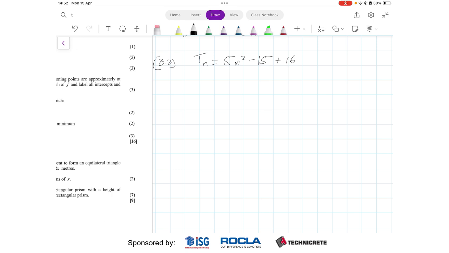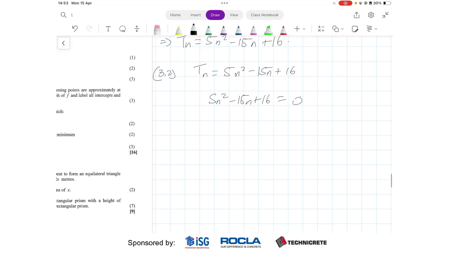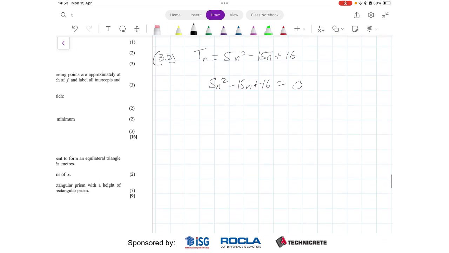Now what we're going to do is take 5n squared minus 15n plus 16 and equate this to 0, right? Sorry, we do not equate to 0, but rather we equate to 216. When we transpose the 216 to this side, we will find that 5n squared minus 15n minus 200 is equal to